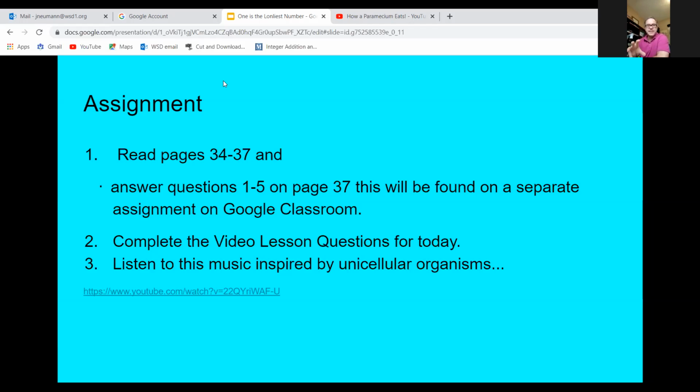So for this last little section here, I hope that you remembered what our learning goals were from the very start. We want to know the structures, the names and the identities, visually, of unicellular organisms. We want to know how they get food, how they move, and whether there are those special structures, and which organisms have those special structures. So there was a lot packed into today's lesson. There were quite a few videos. Soak it in. You're going to have the PowerPoint to go back and refer to for today's assignment. Some of the information does come from the YouTube videos. So if you don't watch them all, at least watch part of them